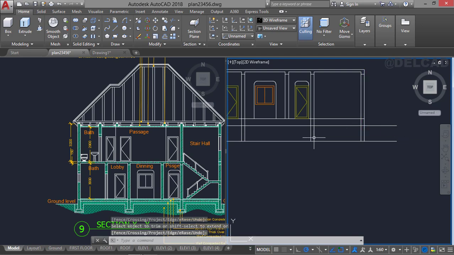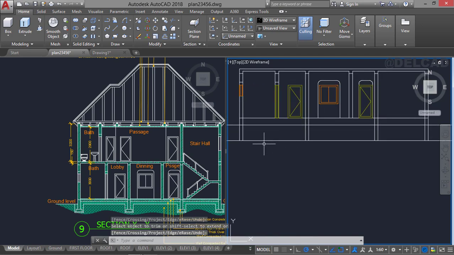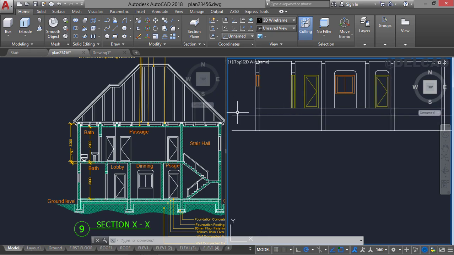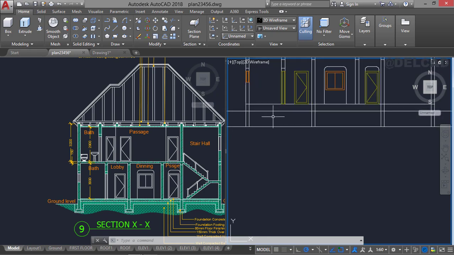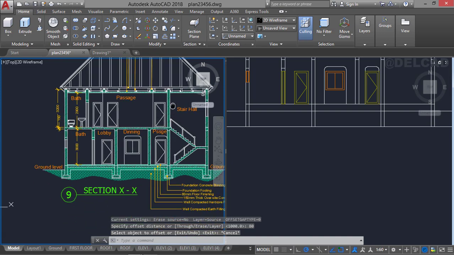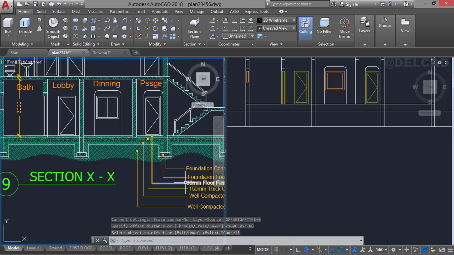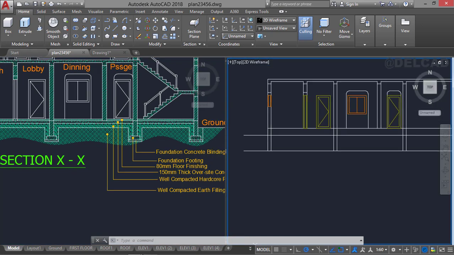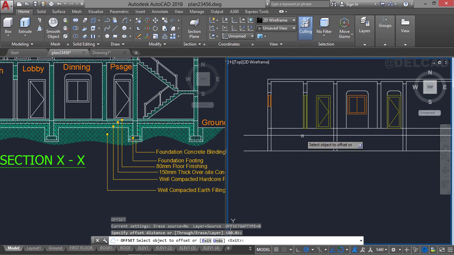And then I'll press enter, and so I have this part. Next, again, I'm going to design from this very particular ground floor level, which is at the top here. We're going to offset down by a distance of 80 millimeters for floor finish. So if you take a look at this section, we have this part which has 80 millimeter floor finishing. So here we're going to offset a distance of 80 millimeters for floor finishing, and we can then trim part